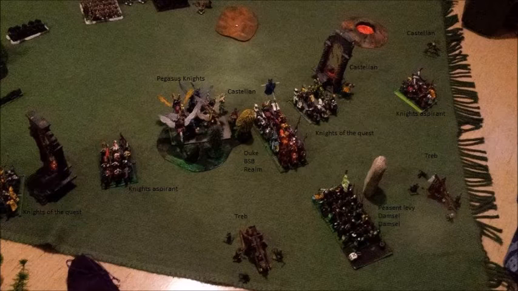Well, for my own deployment, as you can see, this list resembled a lot the army I brought in my two last games. Something has changed, but otherwise stayed as much as I like this kind of build. So from the left, almost out of the picture, I got a unit of 6 Knights of the Quest with skirmisher, musician and champion. Then a unit of 6 Knights Aspirant with full command, a unit of Peg Knights, not skirmisher,